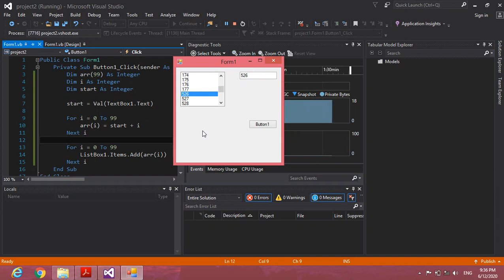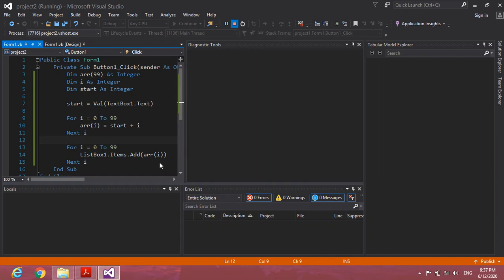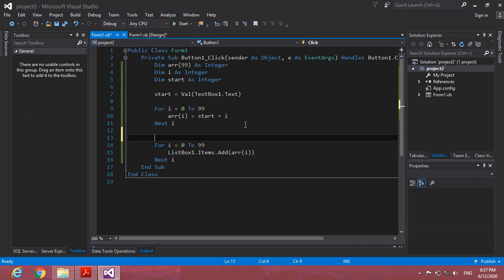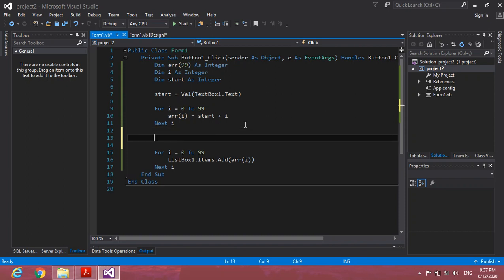But let's say if when we include the number here, we want to clear the old content from the list box, then how can you do that? It's very simple. Here what you have to do is